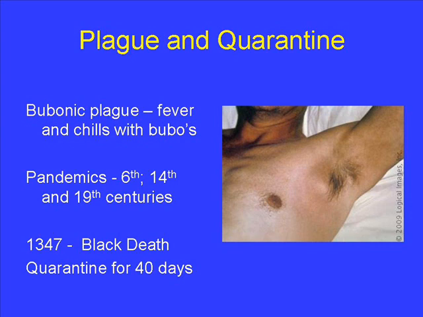Plague was a problem which plagued society throughout history, but there were 3 major pandemics which swept through the world, one in the 6th century, one in the 14th century, and one in the 19th century. The one example I want to use is the 14th century example of the plague that began in 1347 and came out of the Russian steppes and swept through the Crimea and the Mediterranean and slowly extended through Europe between 1347 and 1352.